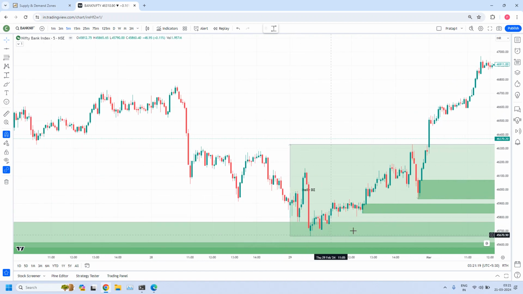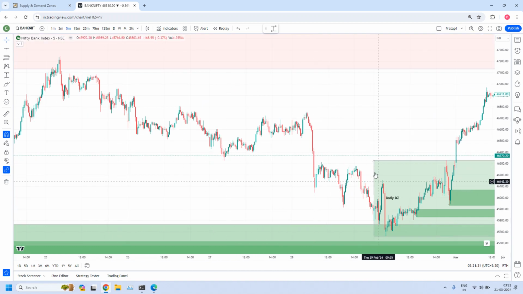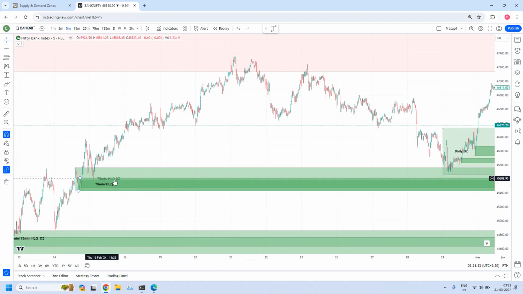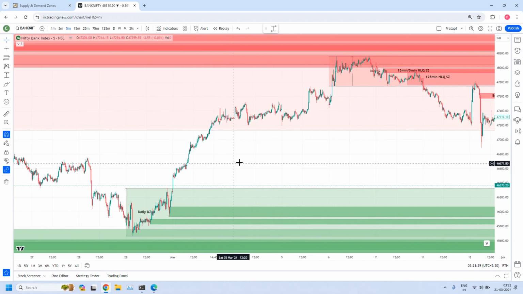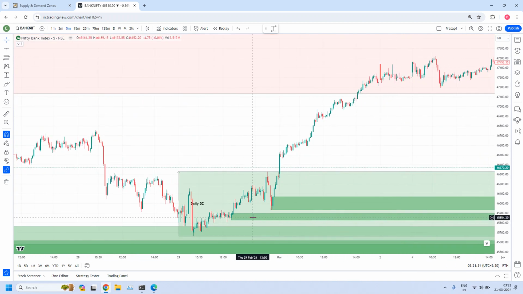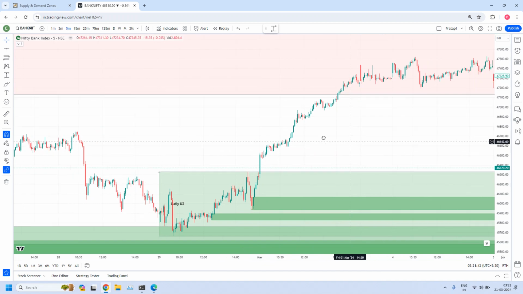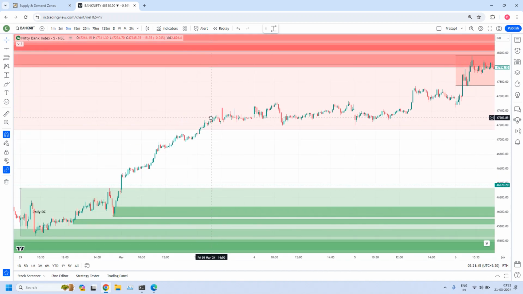This entire thing is daily. This daily is overlapped with a high liquidity 75 minute zone. Actually, this is the origin behind the creation of this daily zone. And we are trading this as per our normal supply demand zone price action course. These are not high liquidity zones, just your normal supply demand zone price action concepts. Now these zones will work. Okay, here we already got a trade.